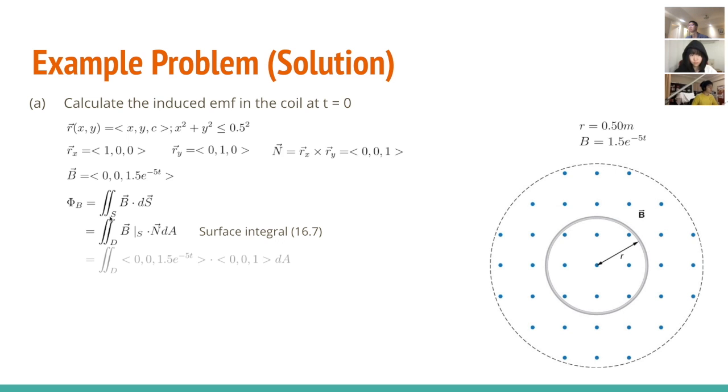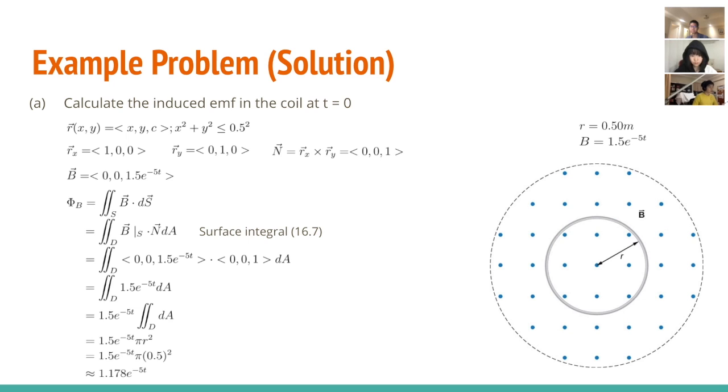Then, by plugging in B, the magnetic field vector, and n, the normal vector, and finding their dot product, we get 1.5 e to the power of negative 5t in our integral. Pulling that out, all we need is to calculate the area of the disk, which is pi r squared. Plugging in the radius, we obtain a magnetic flux represented by the equation 1.178 e to the power